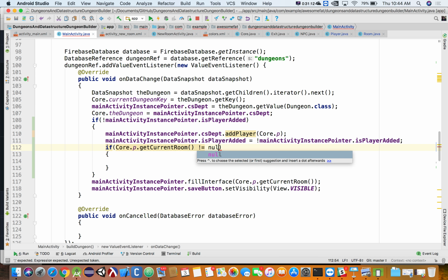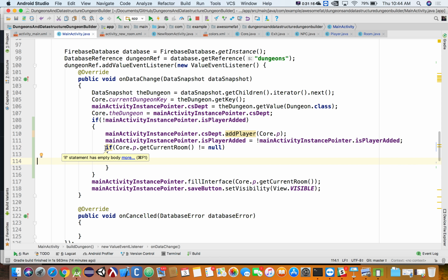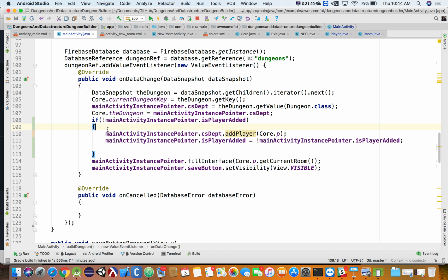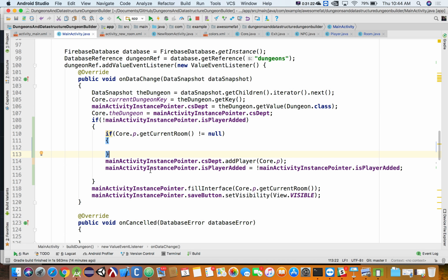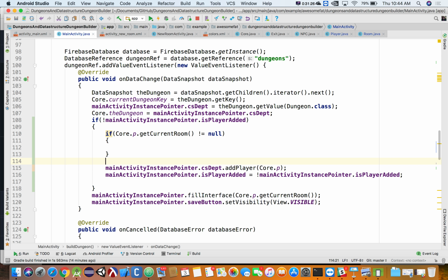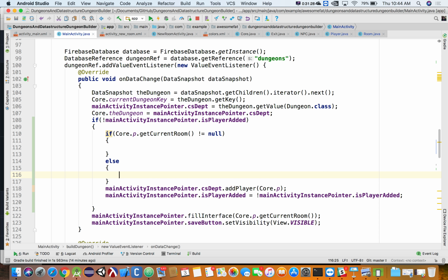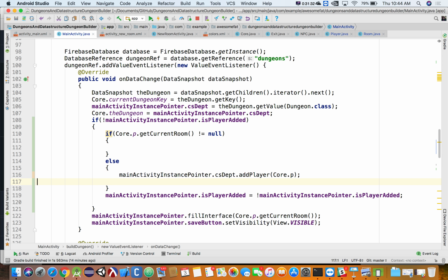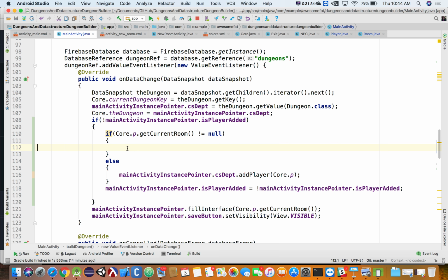If it's not equal to null, and I need to move this up top here. If it's not equal to null, we'll put them back in their old room. If it is equal to null, we'll put them in the main room. All right, so what was their old room? Their old room will be